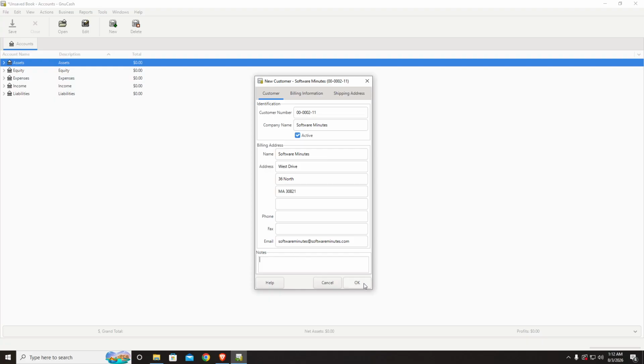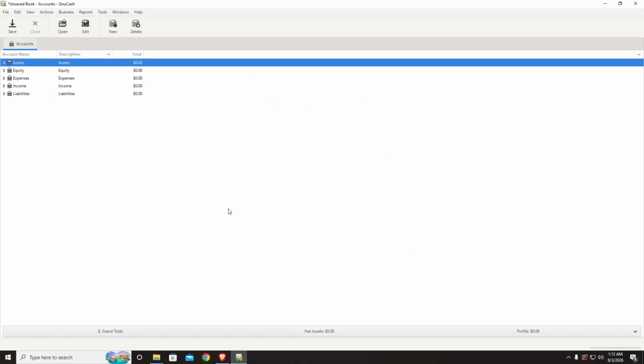OK button to save this customer record. The system will process and store this information in your Gnucash database. And that's it. You've successfully added a new customer record to your Gnucash system, making it easier to manage your business transactions and